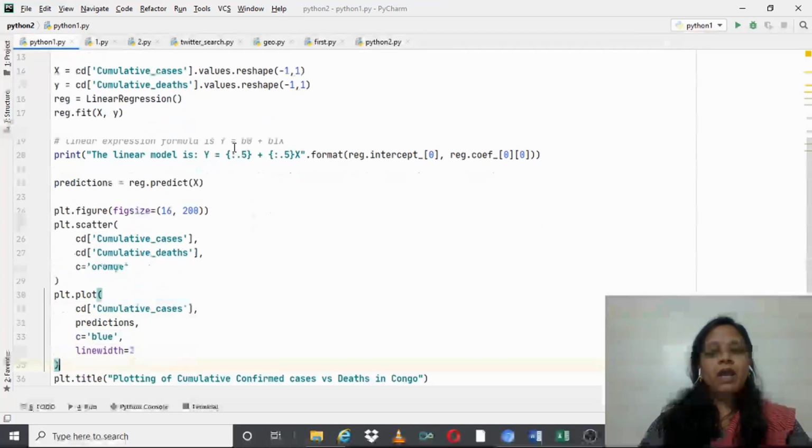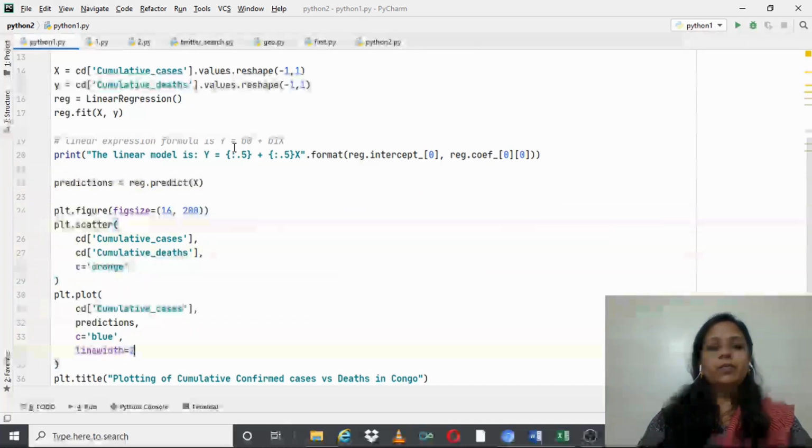In the second one, I am taking a line graph with the same values but then predictions. So I have cumulative cases and the predictions. Predictions is a linear regression which I am applying, like you can see in this particular statement, which is y is equal to b0 plus b1 x, and the color will be C. In order to plot a linear function, I am using the variable predictions, which is given as reg.predict(x).